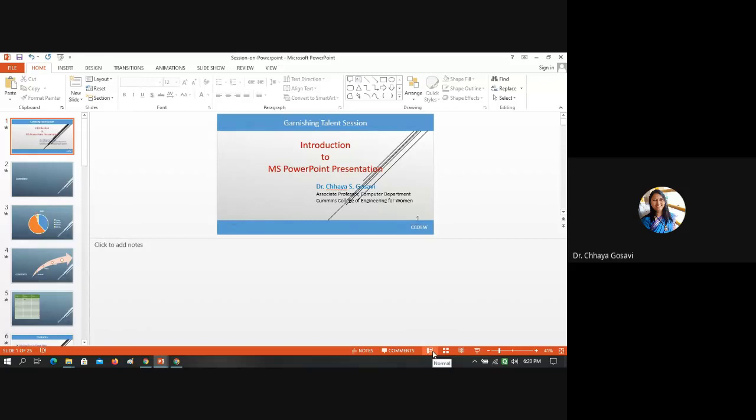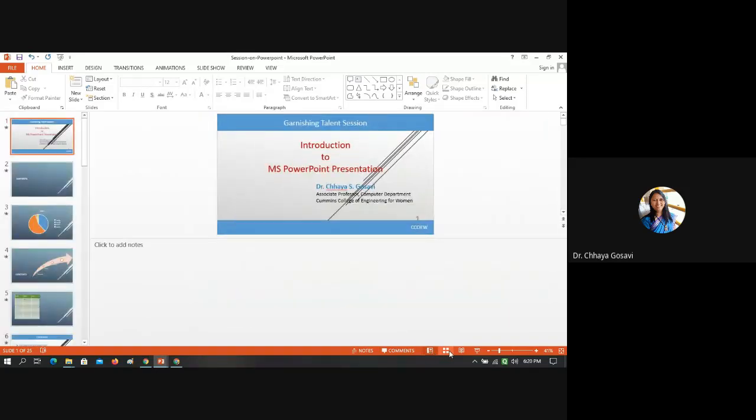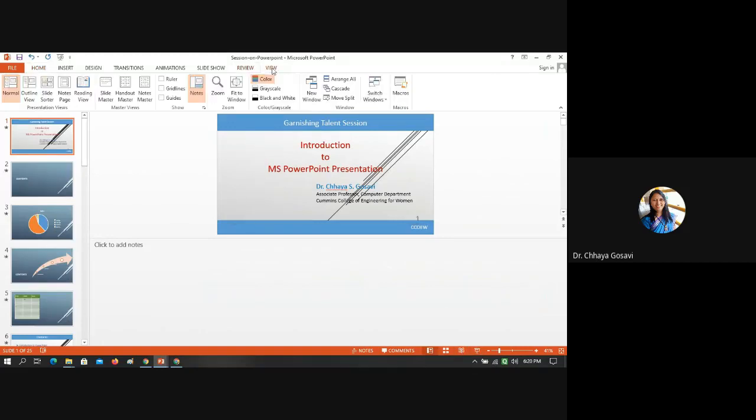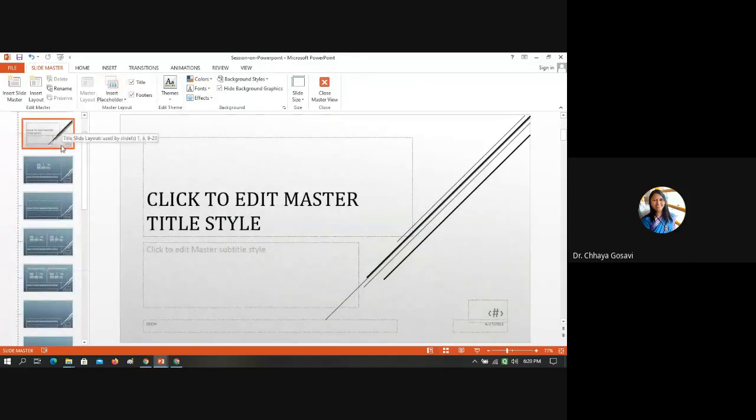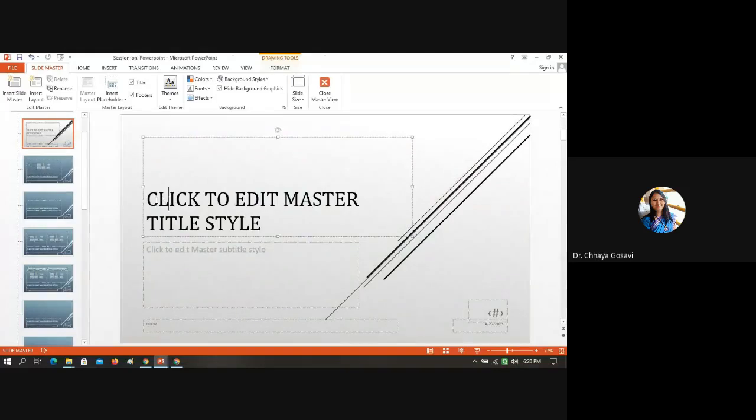If you click here, this will be applied to your PPT, and when you click here, it will show the slide master view. So go to the slide master, and whatever you make the change here, it will be applied to all slides. For example, suppose you want to change a title, font of the title for all slides. So you make the change here, it will be applicable to all slides in your presentation.